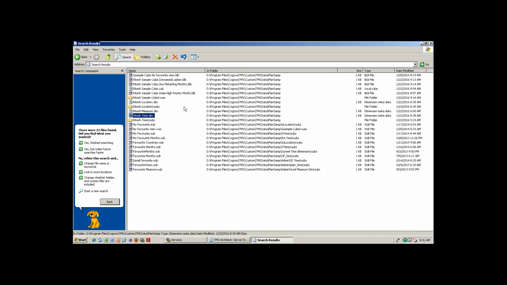Some backend cubes will be generated. So these are the things that are Ritesh related, backend cubes. So you have created some high priority ones, right? Views also will be there, the .bld file. A cube is .cub. Whatever the things, everything will be in that folder.